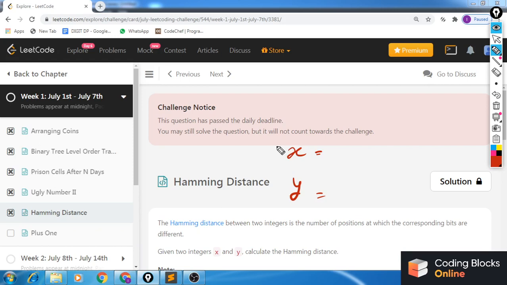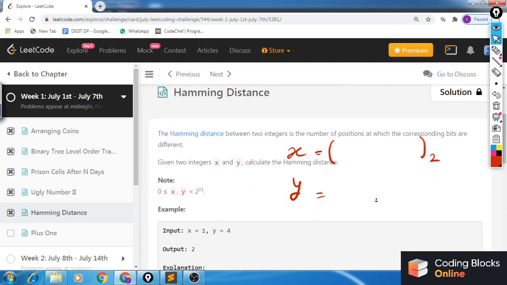First of all, I'll just tell you what Hamming distance is and you will see that it is a straightforward implementation question. However, we'll be able to make the implementation very simple in this particular problem. So we have this x and we can write x in its binary representation. Let's just take an example.